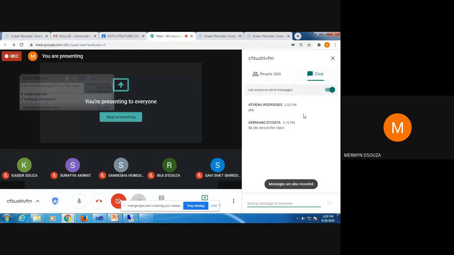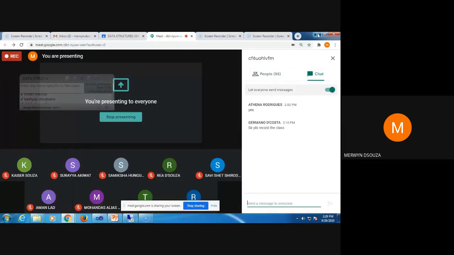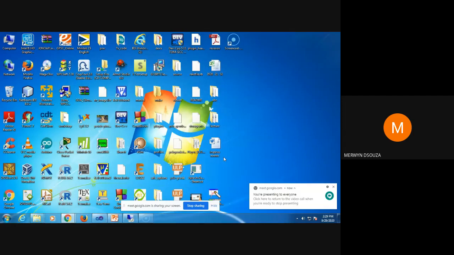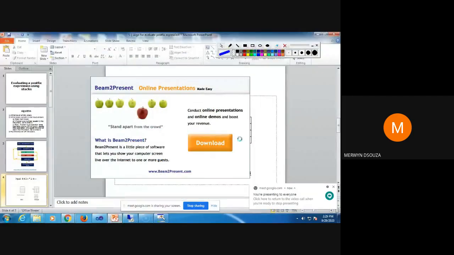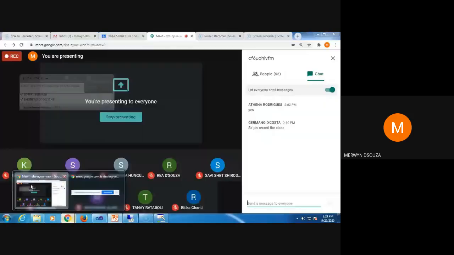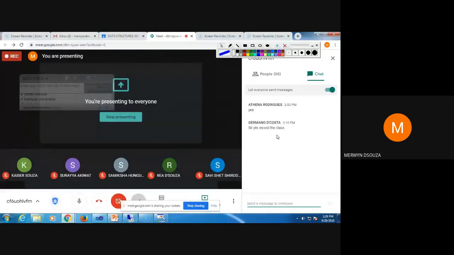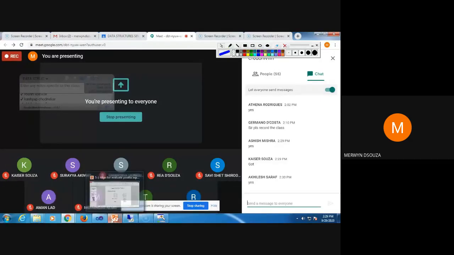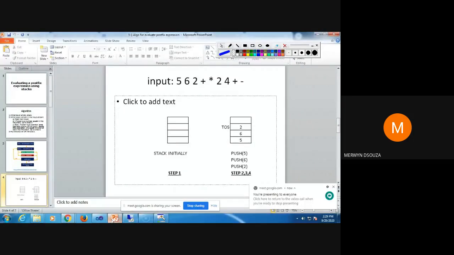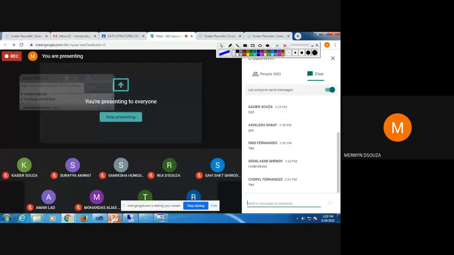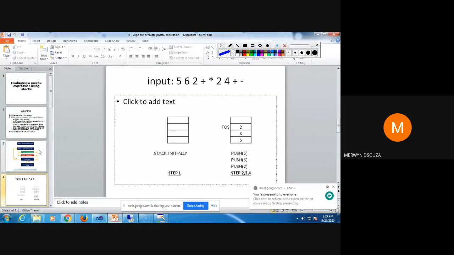Do you all want me to explain the step separately, or you all got it? Did you all get it? Just let me know. Did you all understand steps 2, 3 and 4? Does anyone of you want me to show it separately, how it works? Anyone? Okay. So I'll continue then.